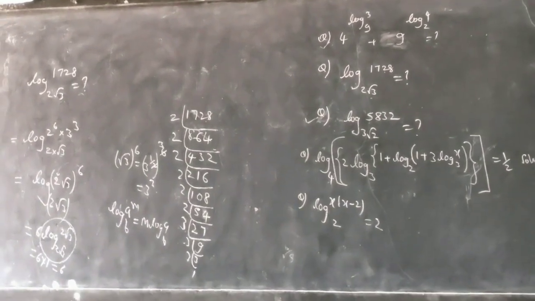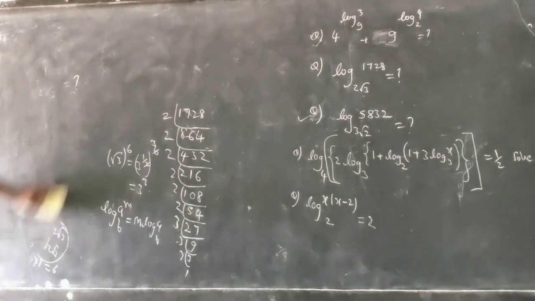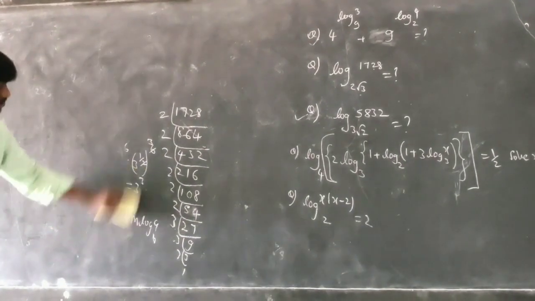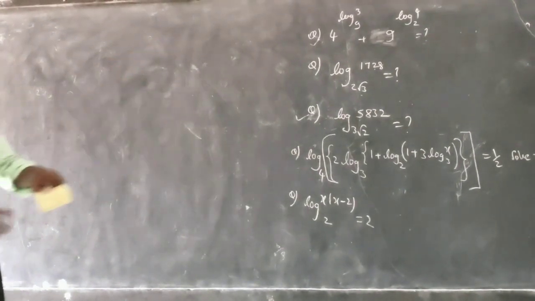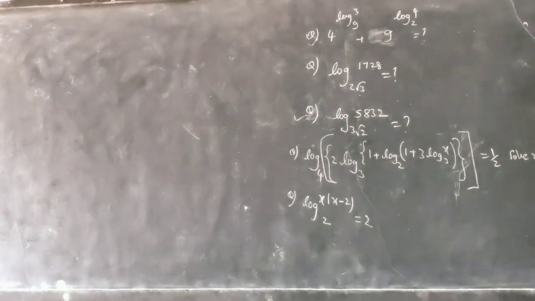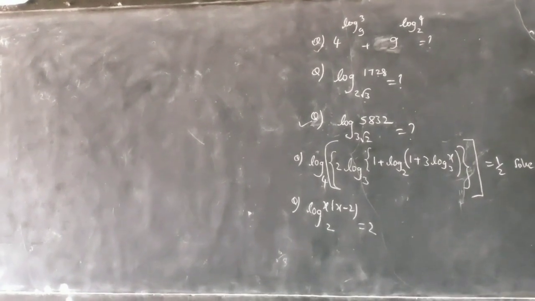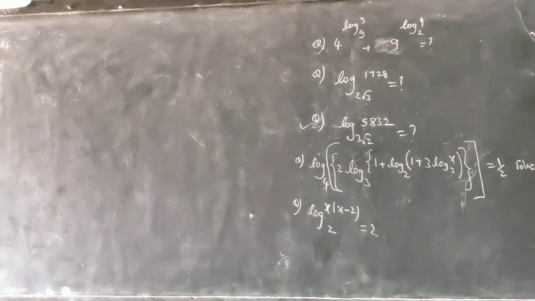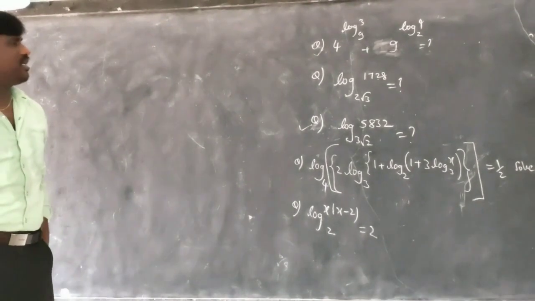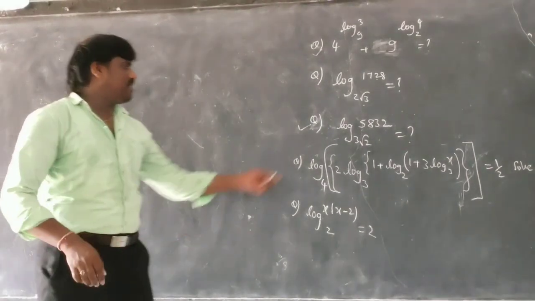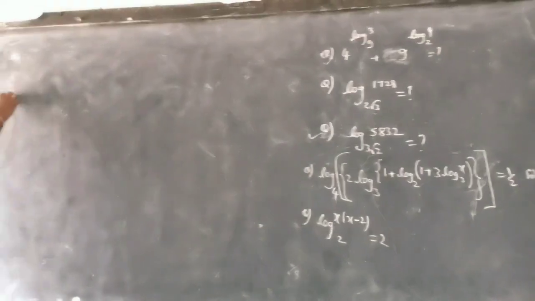Well, let us go for the next question. The next question, how to do is the same. Look at that. What I want to say is the first question I will teach you tomorrow. If you are able, you can do it today, because I did not explain base chain theorem, and after that there is one more theorem. I have to explain that to solve that question. So this one is homework. Let's see this question. What is the question here? Log.